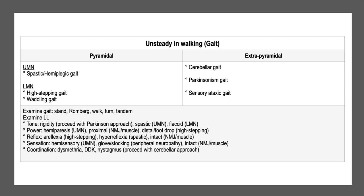You will realize that the patient will sway here and there. And if not, in cerebellar gait, the patient will be broad-based. Parkinson gait: sometimes the patient forgot to take Madopar. The patient is supposed to miss their Madopar dose when they come for the exam, but let's say they accidentally take it,